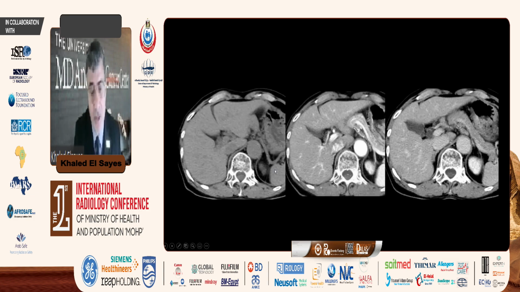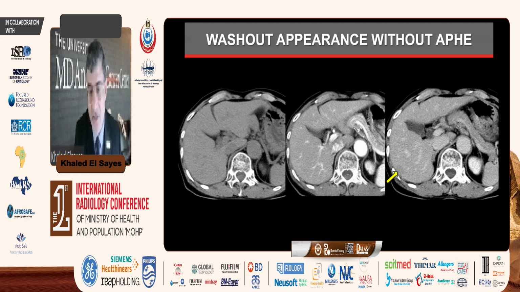What about this? This is a mass where in the arterial phase, you don't see anything. And the patient here has a history of, as far as I remember, hepatitis B, or the patient even is obviously cirrhotic here. But you see hypodensity in the portal venous or delayed phase here in this case. What do you say about that? Would you consider this as a washout?